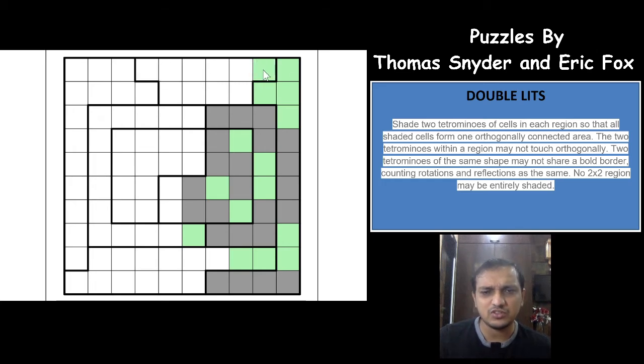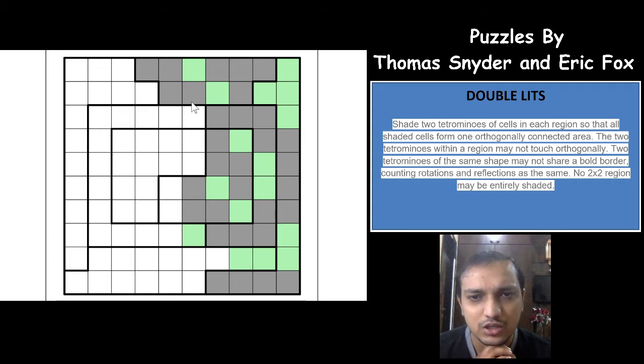So what happens here if this is not shaded here? You will have these 5 cells used for one of the tetrominos and you have only 4 cells remaining, and all these 4 cannot be used. That's excellent. So both of these cells and these cells will have to be shaded. Okay. Oh, that's nice. Even this cell will have to be shaded in both the areas actually. So if this is unshaded, both of these will be shaded and you'll have only 3 cells for the tetromino. So these both are shaded, this will be unshaded, this will be shaded, this will be unshaded, this will be shaded. Wow, that was an easy one.